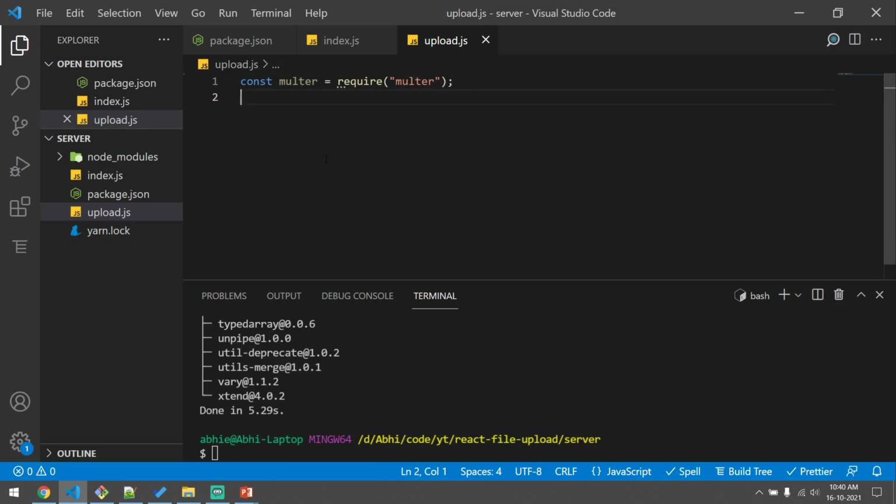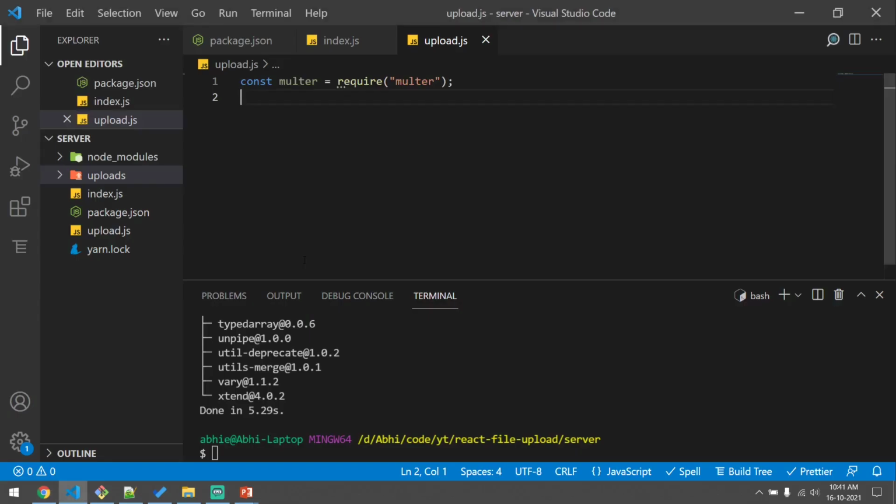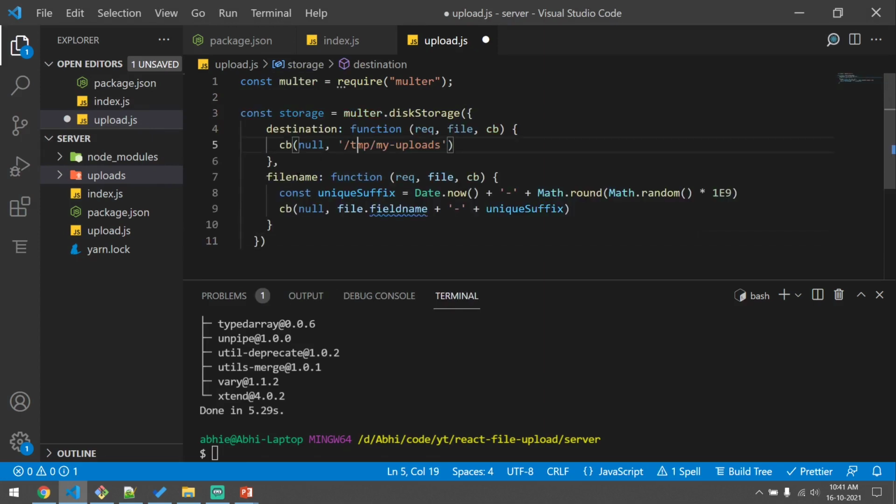What we will be doing is saving the files inside an uploads directory. So we need to specify to Multer that the uploaded files need to go to this directory. So let's open the documentation and see how that can be done. The documentation says that we need to give a destination directory as well as the file name. So I'll just copy this and paste it here. Our destination will be ./ that is the current directory, inside that the uploads directory. And we need to specify the file name here.